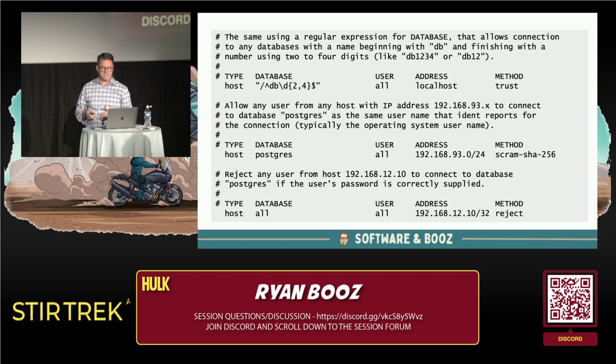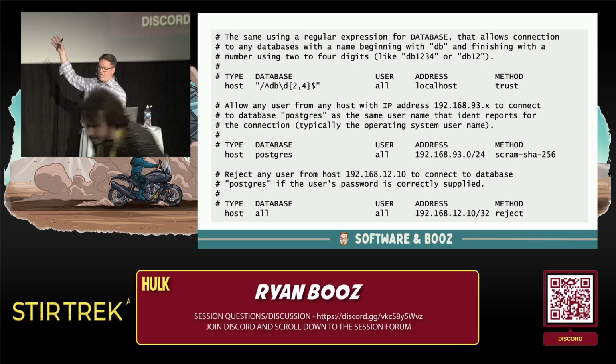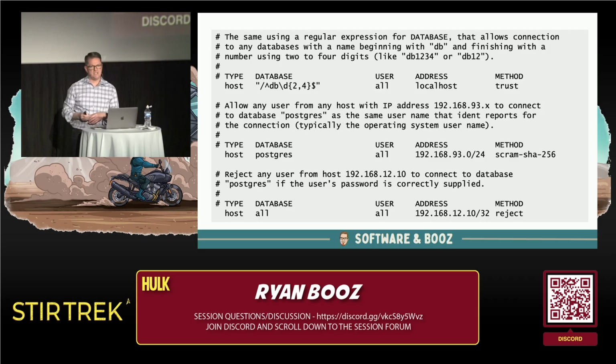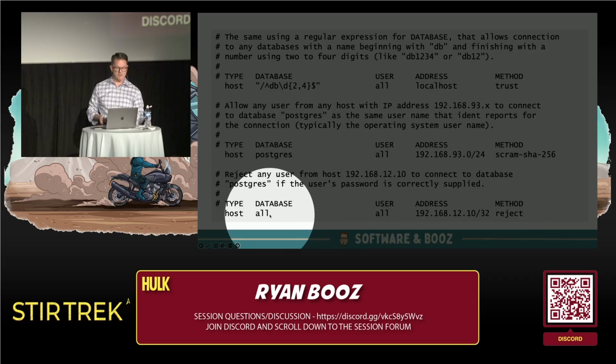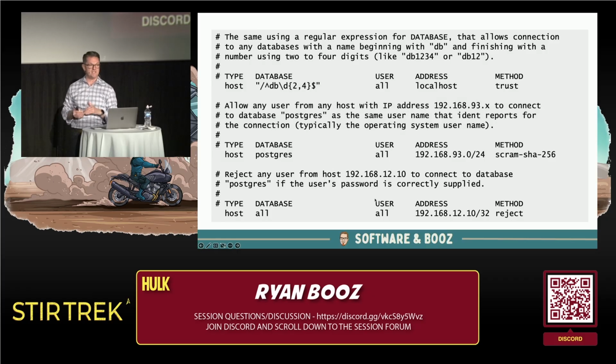But you can name very specific things: all databases, a specific database, a regex string of a database. You can reject stuff. You can name different kinds of authentication methods. And this is a top-down match, like a firewall. So the first rule that matches is the rule that will be taken for that connection that's being attempted. So if I had this last IP address on here, and I happen to be on that machine, and I didn't realize that this reject was set, I will never be able to connect to anything, because it says all users, all databases, reject it if it's coming from this computer. And so if the other one wasn't lower, I would not get through.